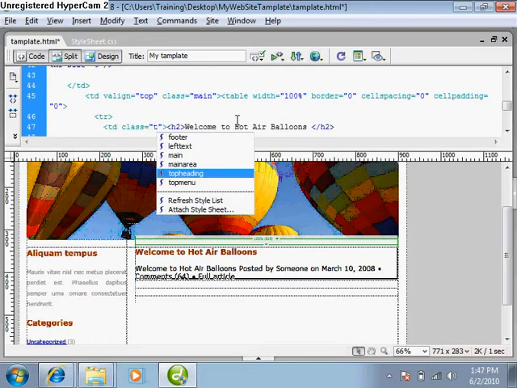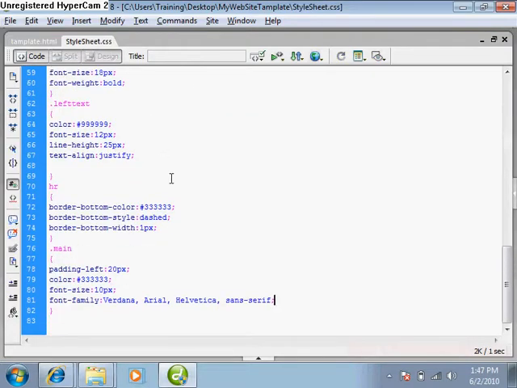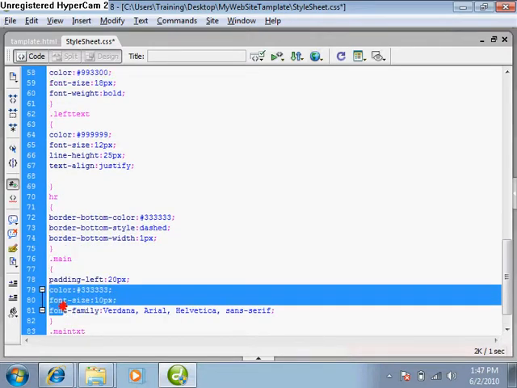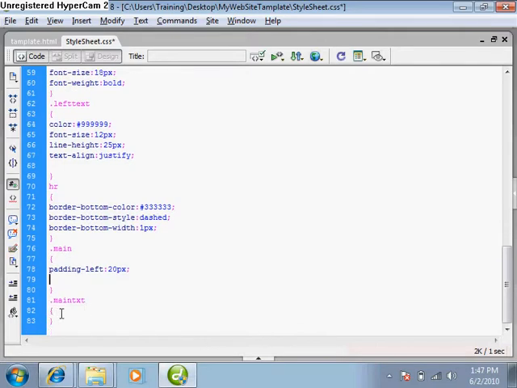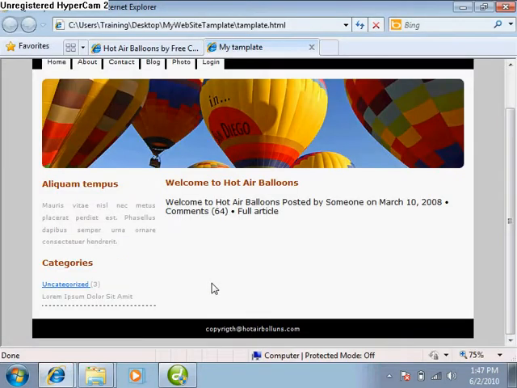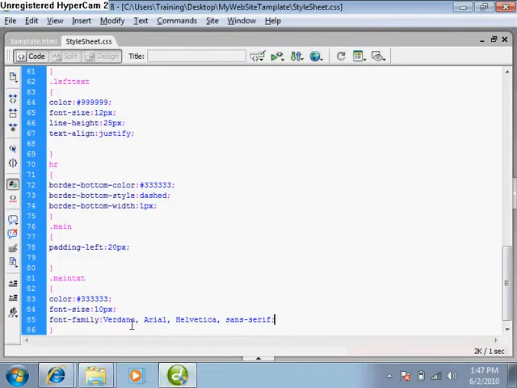another class, creating another class, main text txt, and now create this class here, dot main txt, and use this color, font size, and all these things from here to save it. It is working. You can see it is there, but its size is very small, so just increase